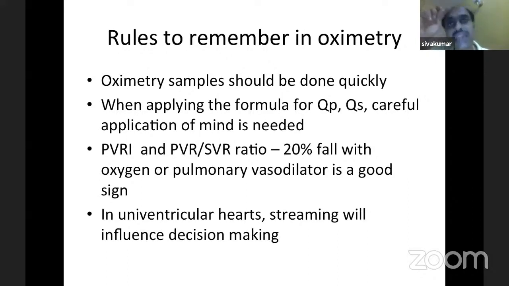And if you are using nasal prongs, you can go to a maximum of around 2 liters. Beyond 2 liters, it will start drying up the nasal mucosa. So at around 2 liters, again, you will be able to drive the FiO2 to a maximum level of around 70%. So this is the maximal permissible level of oxygen that you can give in a conscious patient.